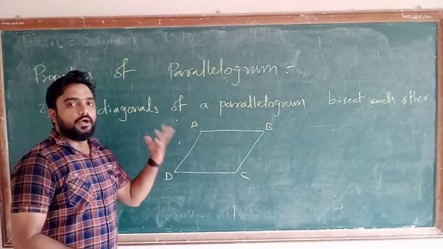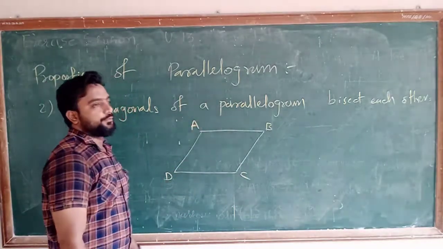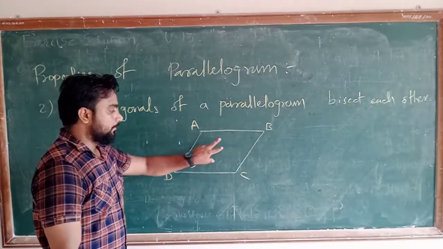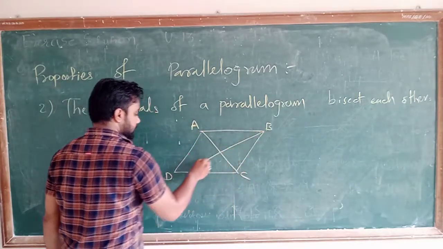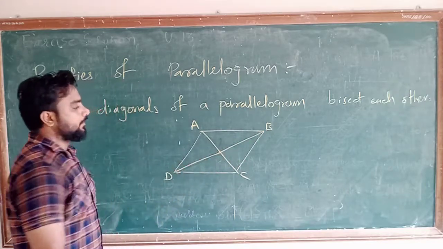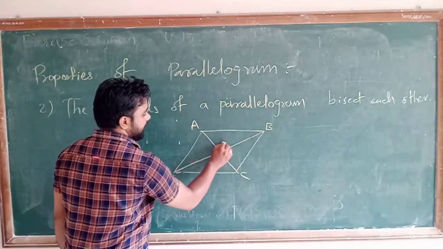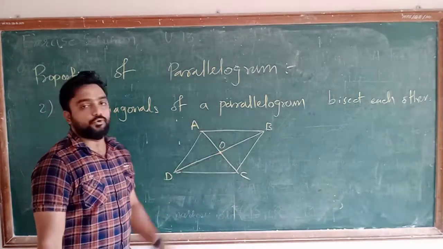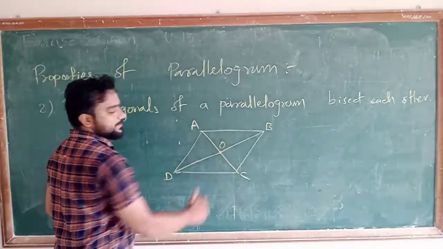Understand or not? Now I will draw a diagonal. Okay, diagonal का जब हमने किया था तो क्या था कि opposite vertex को जो line connect करती है in the interior of polygon is called a diagonal. Okay, so both are called the diagonals. Okay, suppose both of the diagonals intersect each other at point O. Means दोनों ही diagonal कहाँ intersect कर रहे हैं? Point O पर intersect कर रहे हैं. So according to this property, both the diagonals bisect each other.